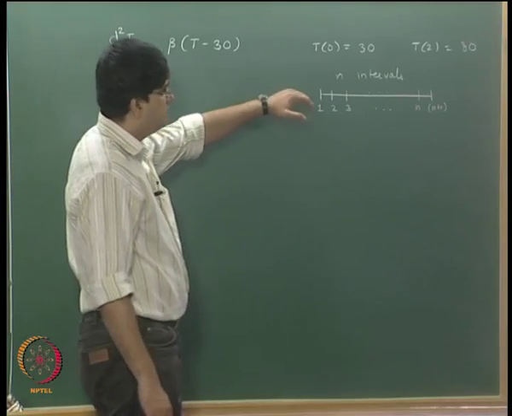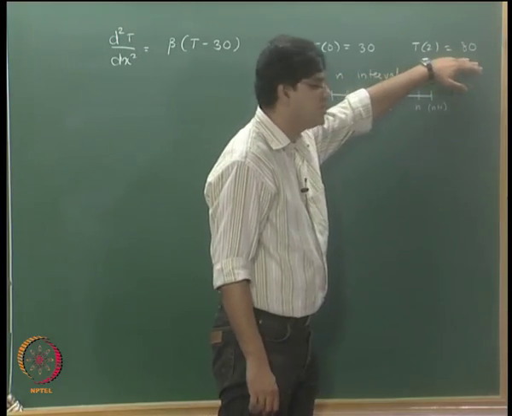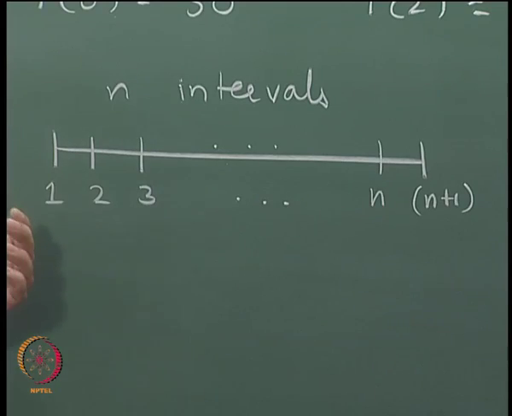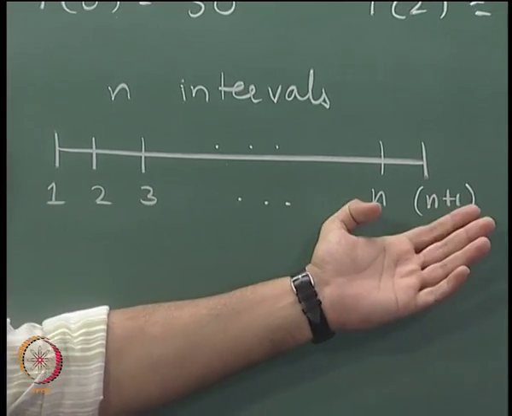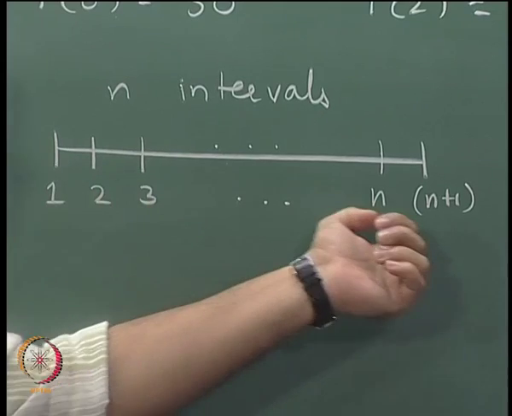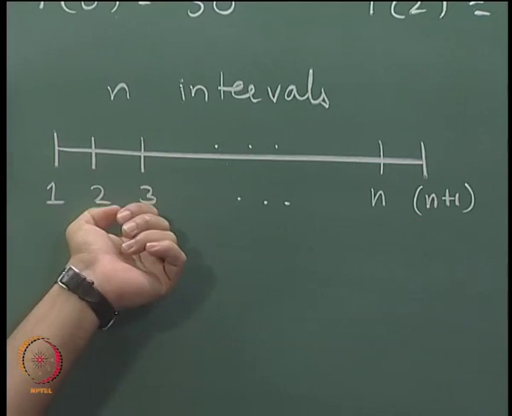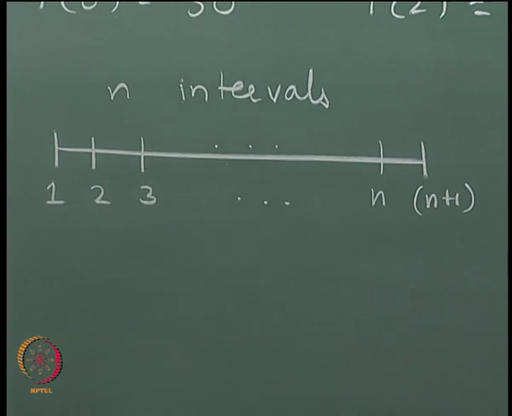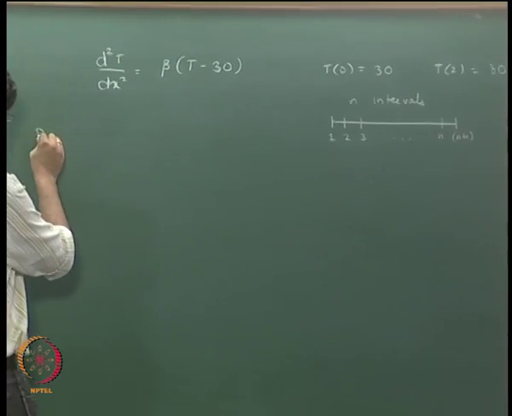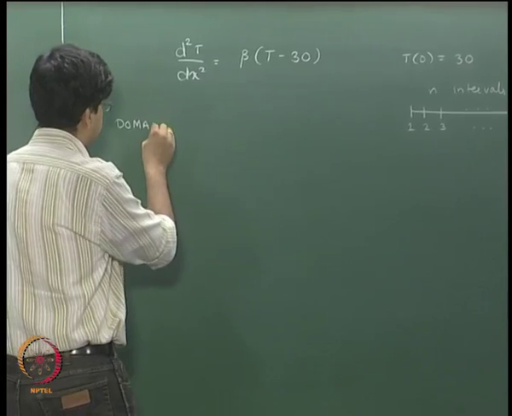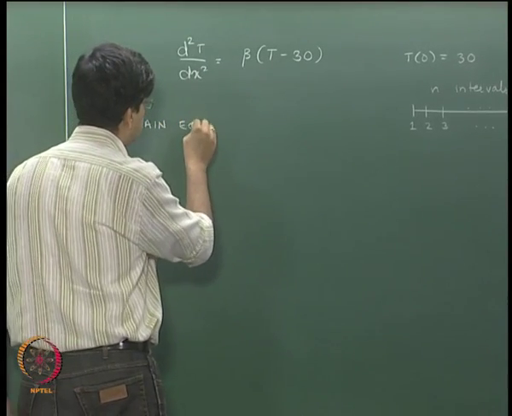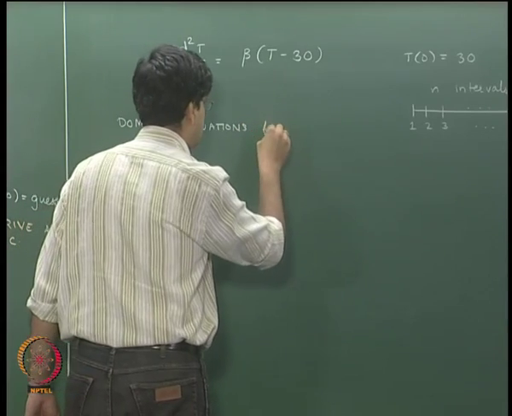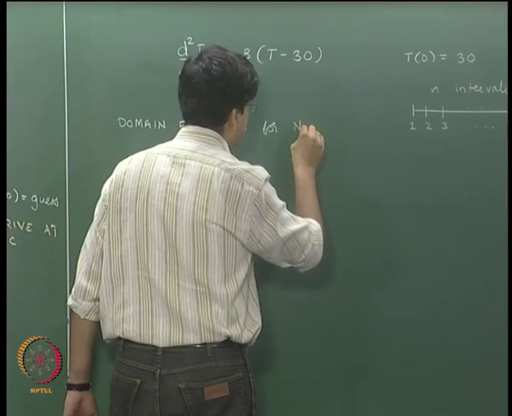Okay. And as we had seen, because we have Dirichlet type of boundary conditions, we do not need any ghost point method. We can go with the usual method of solving, that is, have the domain equations for the nodes 2 to n and boundary conditions for the nodes 1 and n plus 1. Okay. So the domain equations for node i